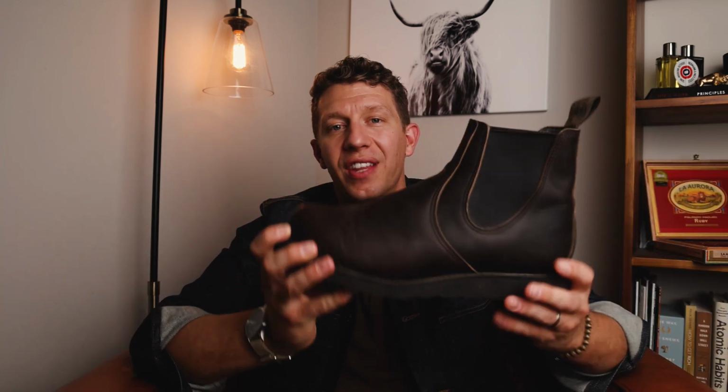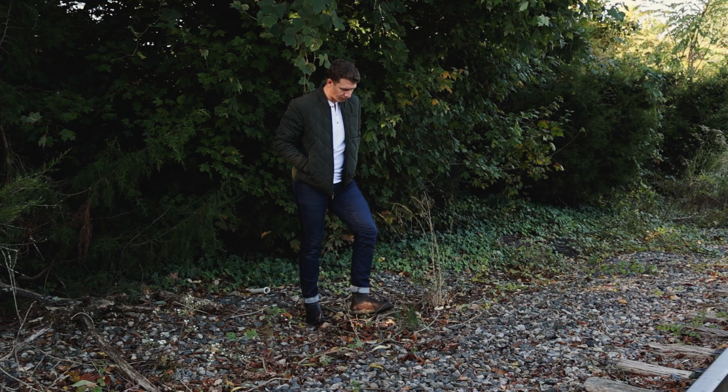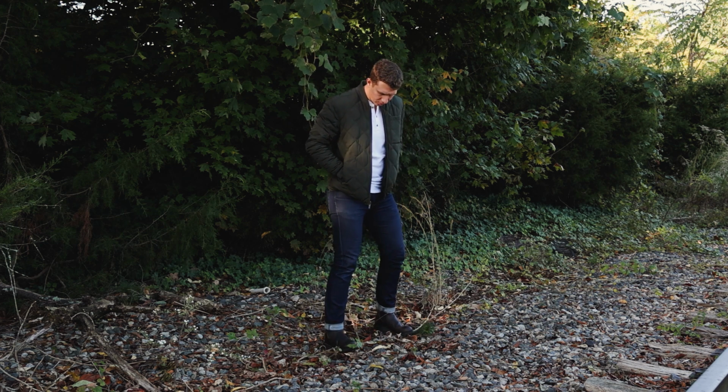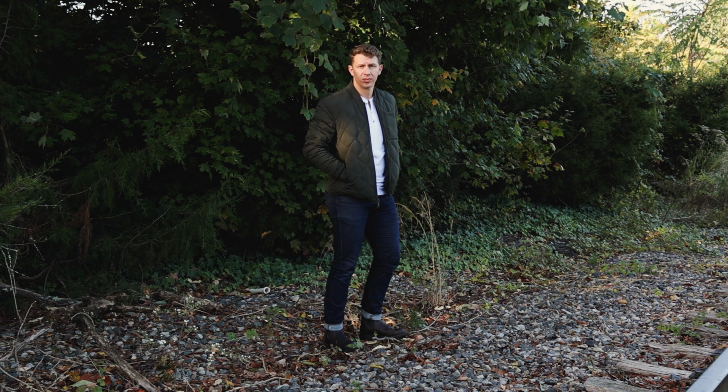I gotta say, this type of Chelsea boot isn't really my favorite thing. If I'm gonna go with a Chelsea boot, I think it should be dressier. I think it should be slimmer, sleeker. I prefer that. So I'm not really a huge fan of just the bulkier Chelsea boot in general, but I